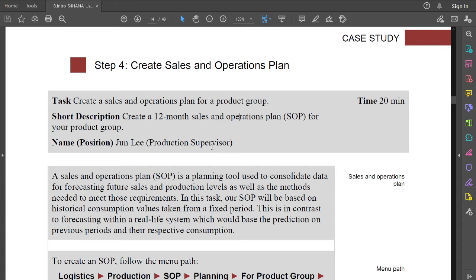You need to produce enough bicycles to meet the demands of your customers for the next 12 months. So that is the main objective of step 1 until step